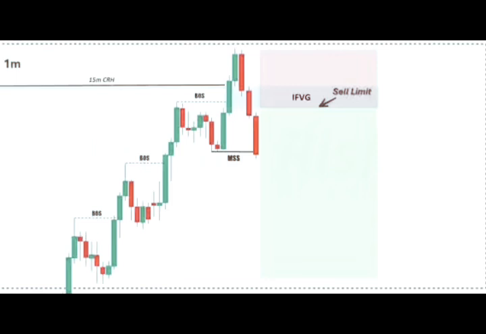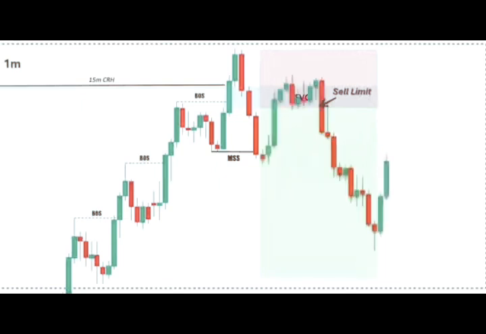Another clean approach is using a fixed risk-to-reward target, like 2.5R or 3R, depending on your style. Now, in cases where price has already started moving in my expected direction, and my first position is already running in profit, while there is still enough room for price to continue lower, I often look for an add-on continuation